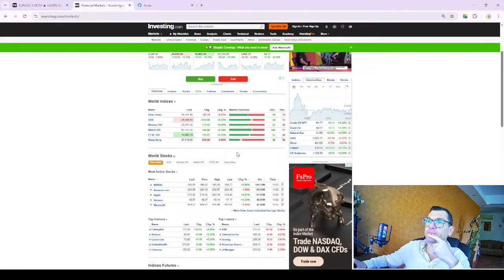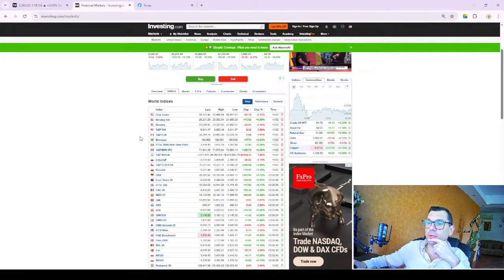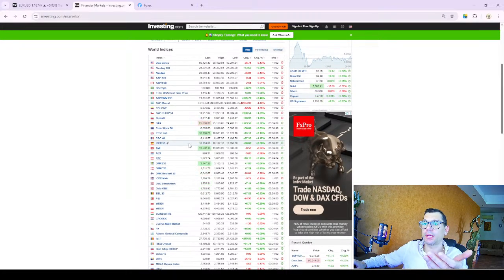Now, moving forward, so we'll look at indices. You see, these are the indices in the world, what they do. Okay, you can see the index of each country, right? So you can go there and understand. So if you're trading, let's say, the commodities or any other assets in your country, you can look at the index, right? Index is actually a basket of the biggest companies, like I said before, and it's a very good barometer for you to understand how the economy is doing today, right?